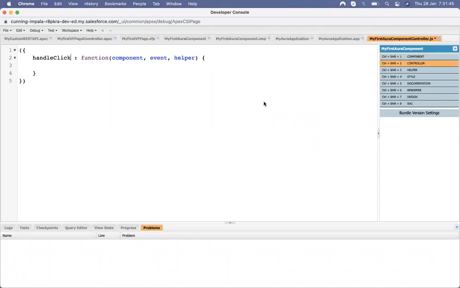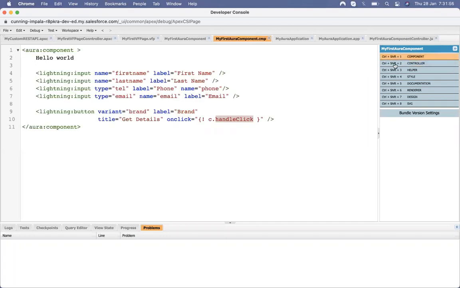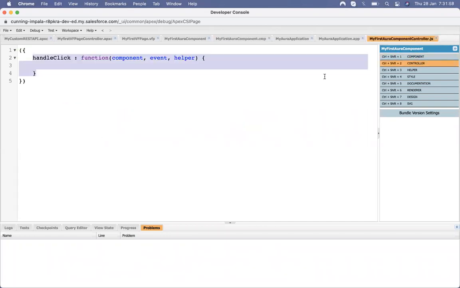And if I come to the controller, save it. It's a kind of a method which is called from this button. And since it is a JavaScript file, you can see that it's .js, I can use all the JavaScript operations up here. Suppose I can do the logs, I can do the alerts. So let's first do an alert.